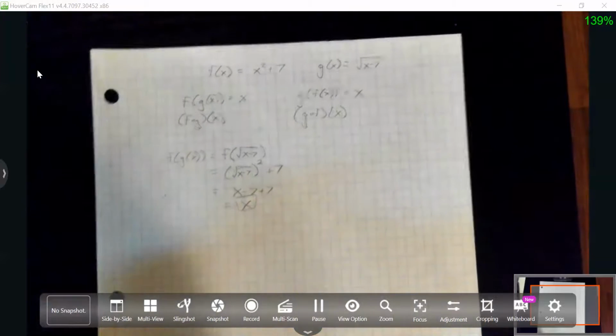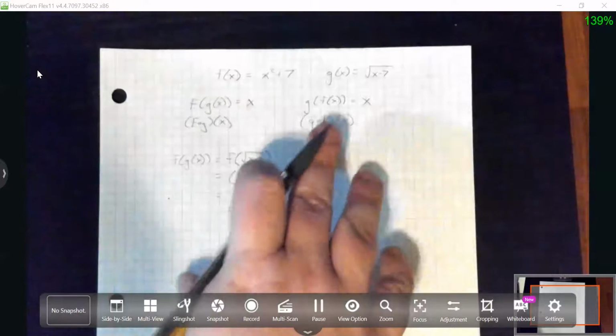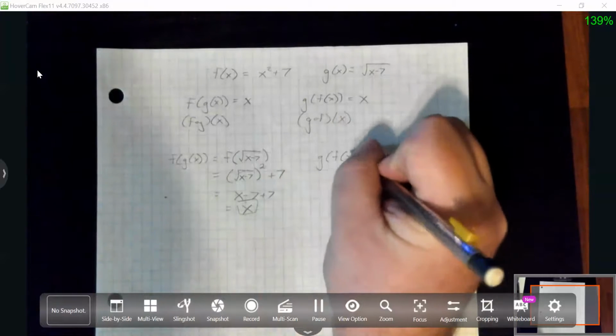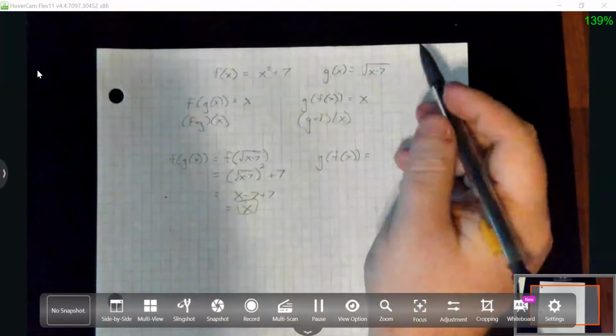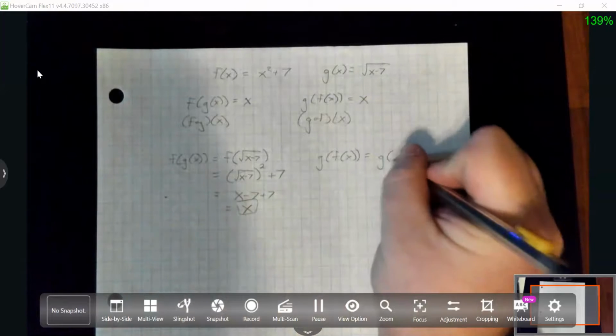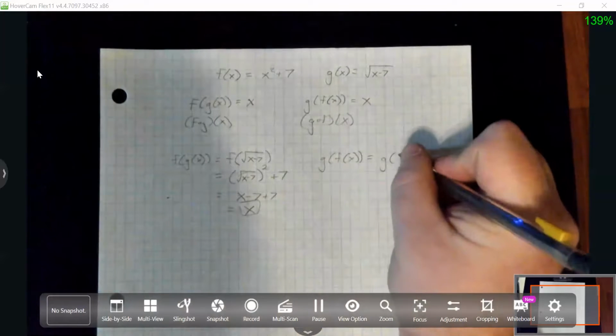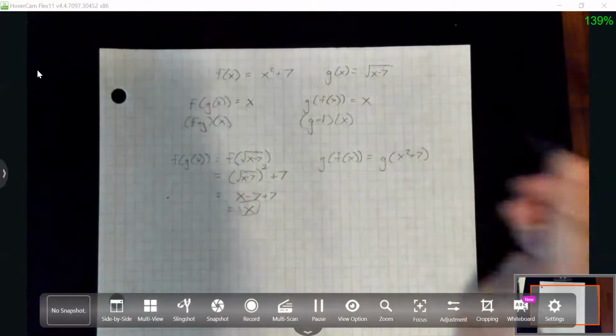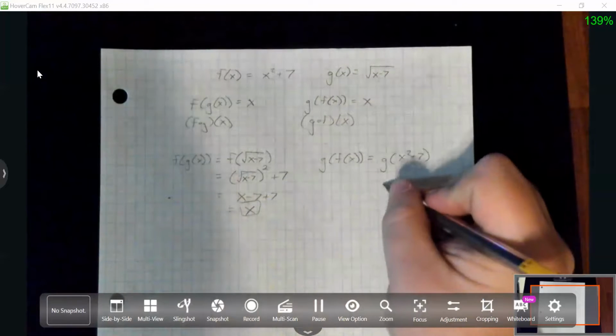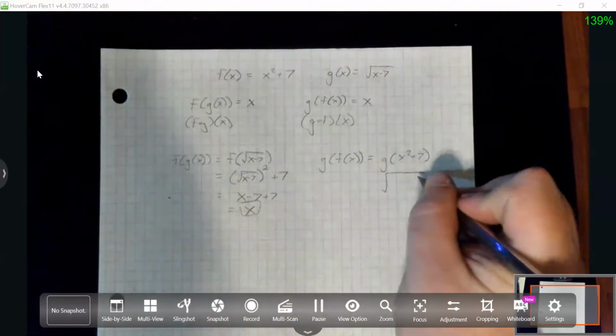Now, to prove that it's an inverse, we have to do both directions. So now I'm going to flip it. So now we're going to g of f of x. In order to do this, we're going to take our f of x and put it right inside. So that's g of, my f of x is x squared plus 7. So I'm going to take my x squared plus 7 and put it directly into the function. So that's the square root